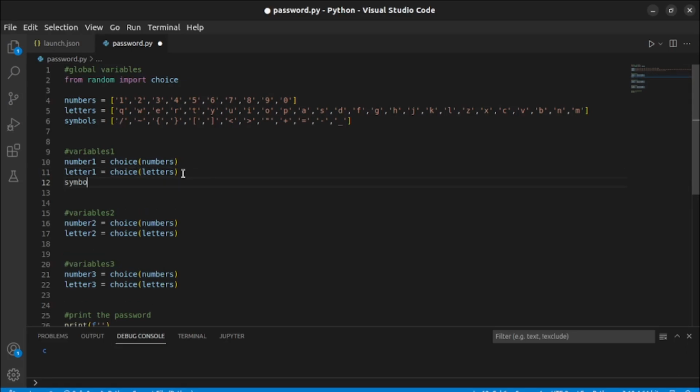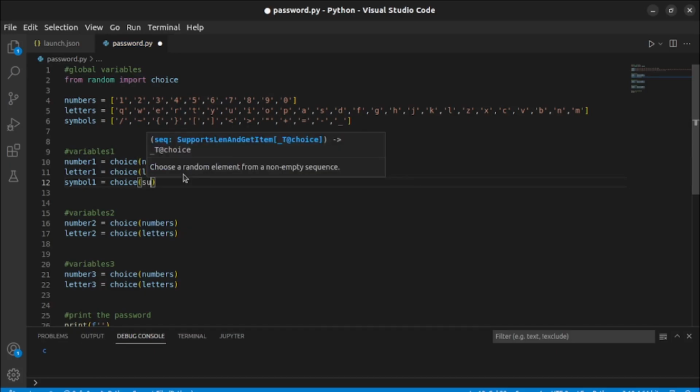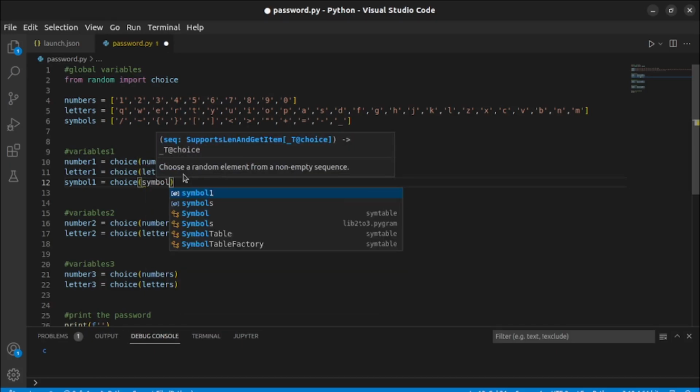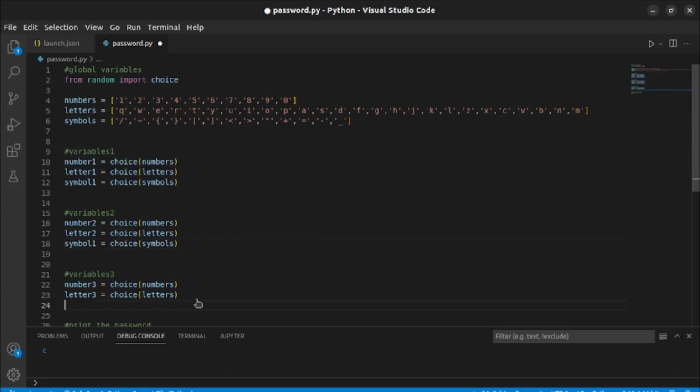So symbol 1 equals choice symbols. Just copy this and paste this, then just change the number at the end. Symbol 3, symbol 2, this one. Okay,